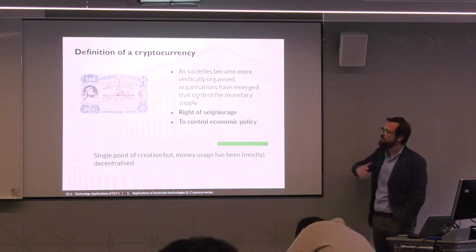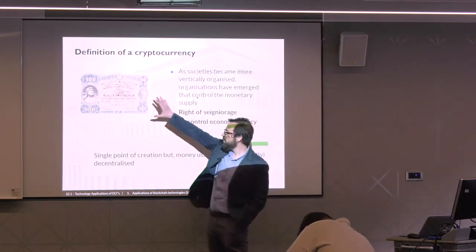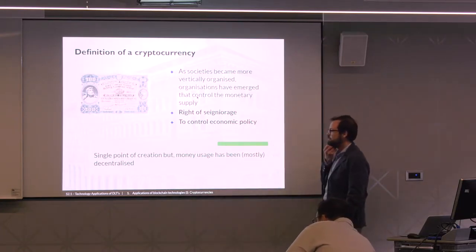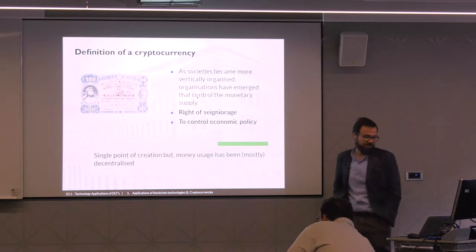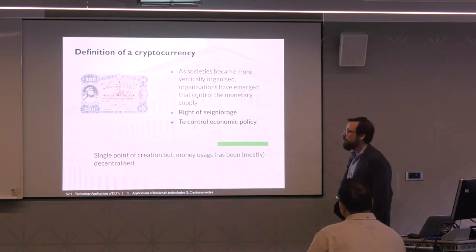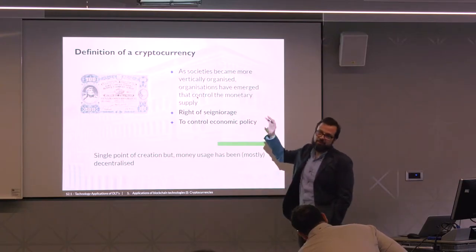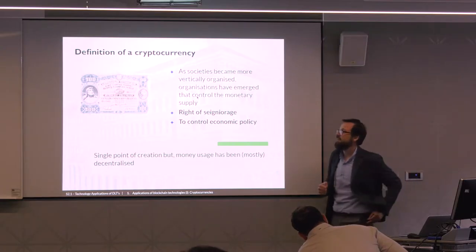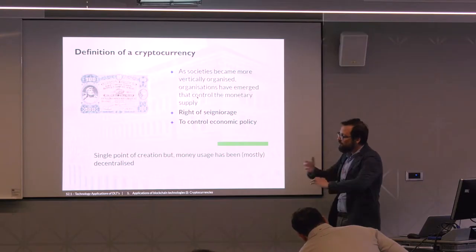Through history, the reasons why I assign value to this changed, but we assigned value to it regardless of the actual cost of its production, because we can identify it, and because the institution that is behind it is trustworthy. What is very interesting is that even if the issuance of currencies has been centralized, there is a single agent that is able to do it in a nation or in a country,